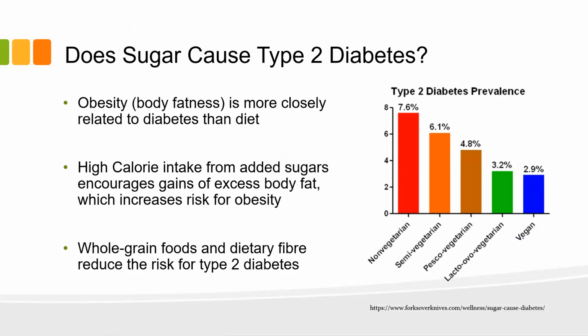And there have been a bunch of studies that show that type 2 diabetics who switch their diets to more whole grain foods and more fiber actually reduce the risk for type 2 diabetes and remove some of the symptoms. You can see that little chart on the right showing the amount of type 2 diabetics amongst different types of diets. The vegan is the strict one on one end and non-vegetarian on the other end, so there is a correlation. But you don't see as many vegans that are overweight or obese, and often they're interested in many aspects of their health. More of them tend to exercise, those kinds of things.